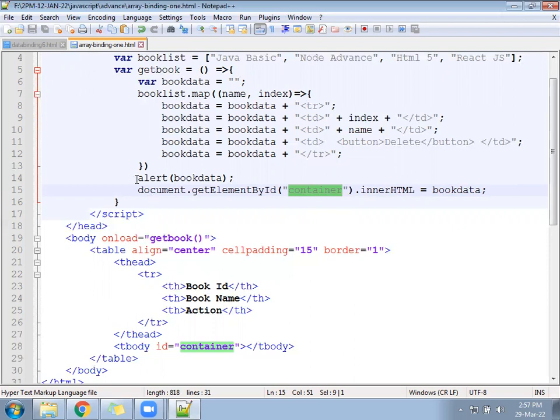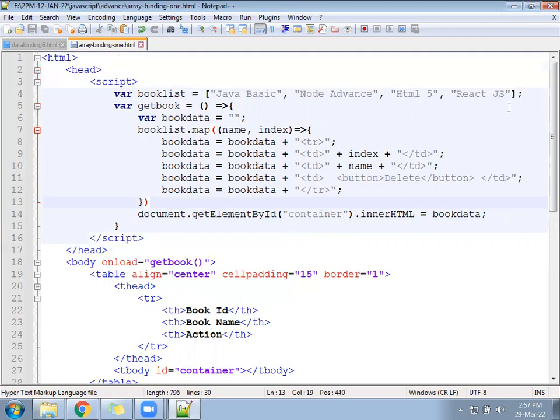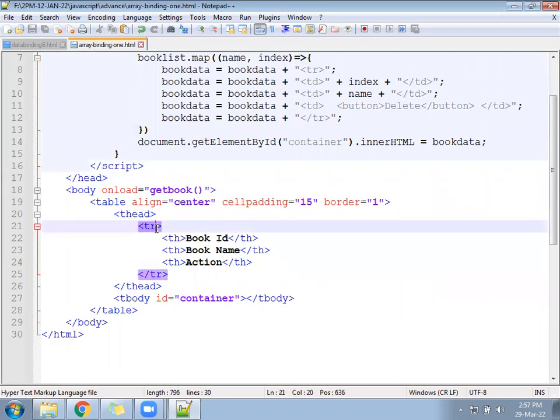Okay, so check now and add one or two more books inside the array and see whether the list is increasing or not.